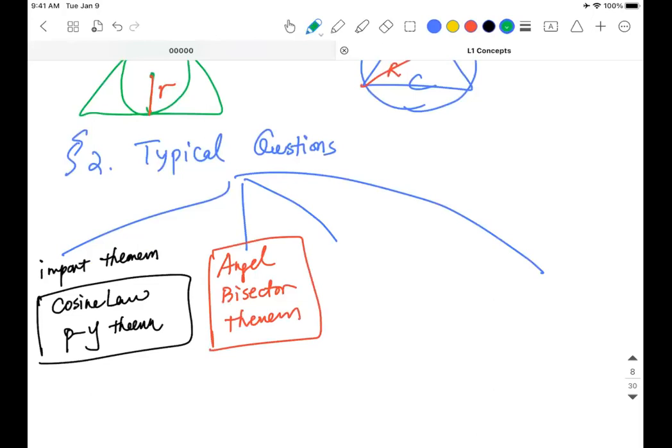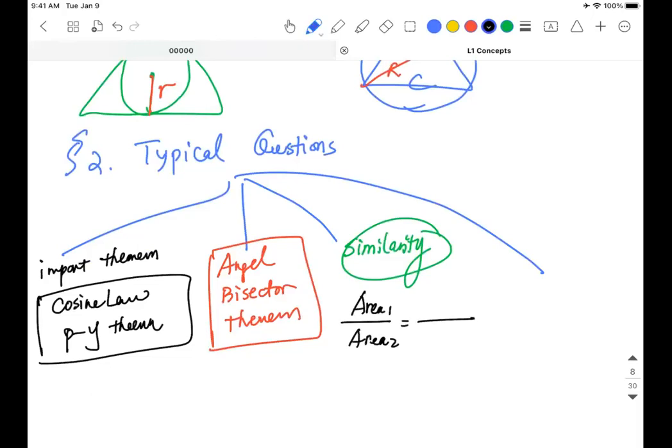The third one they like to test you on is similarity. But trust me, in similarity, they barely test the naive idea that two sides are proportional. In AMC, the very important thing they like to test is an important property: the areas ratio